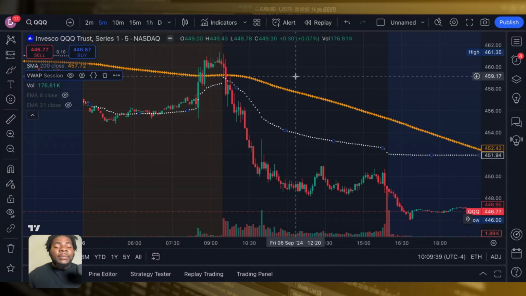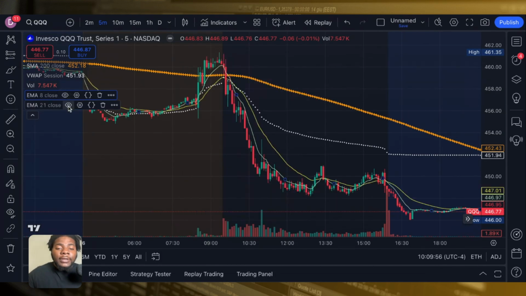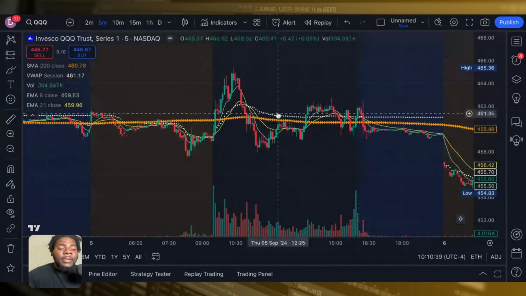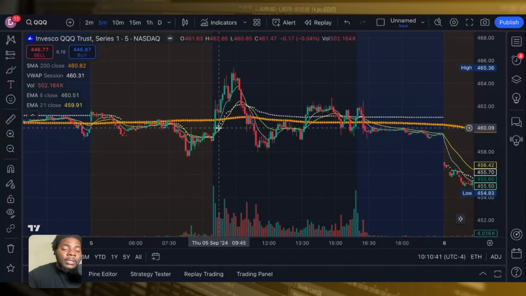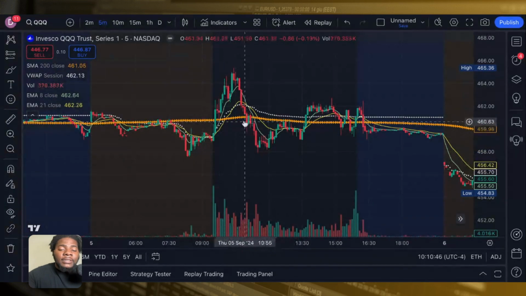I do use the 9 EMA and the 21 EMA for day trading. The 9 EMA really gives you a guideline. So the 9 EMA is the green line, the 21 EMA is the yellow line. So as you can see, the green line, if the stock is bearish, it'll ride that green line all the way down. So basically what the 9 EMA does, if the stock is going up, you'll see the candles are always riding that 9 EMA. And if the stock is about to